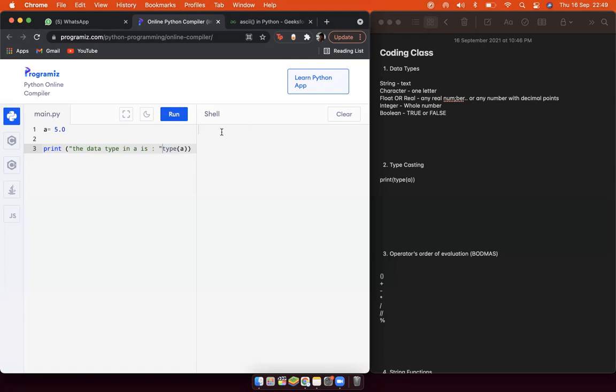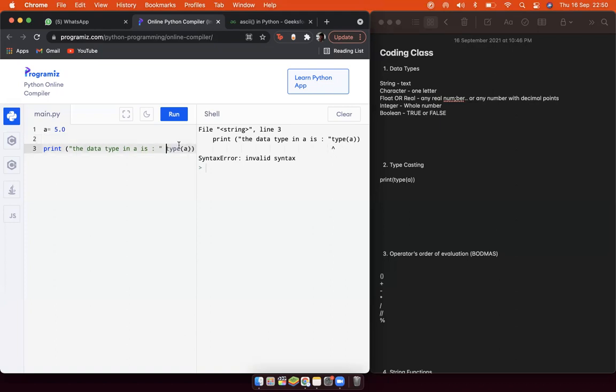So first, this will print the sentence. Why is it not working? It's supposed to print the sentence first, and then it will tell you the type.